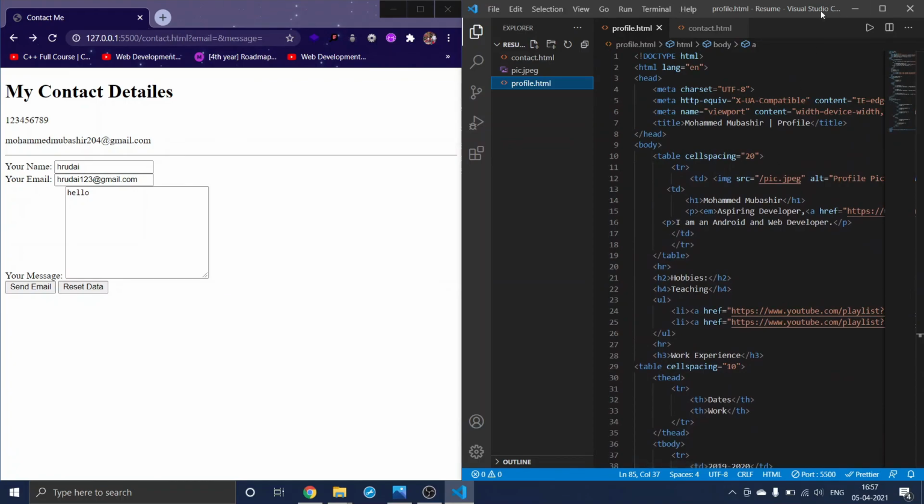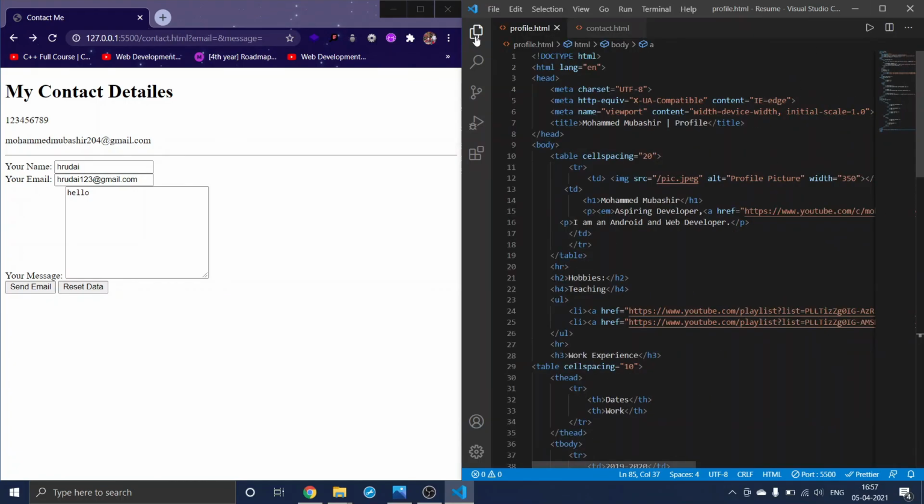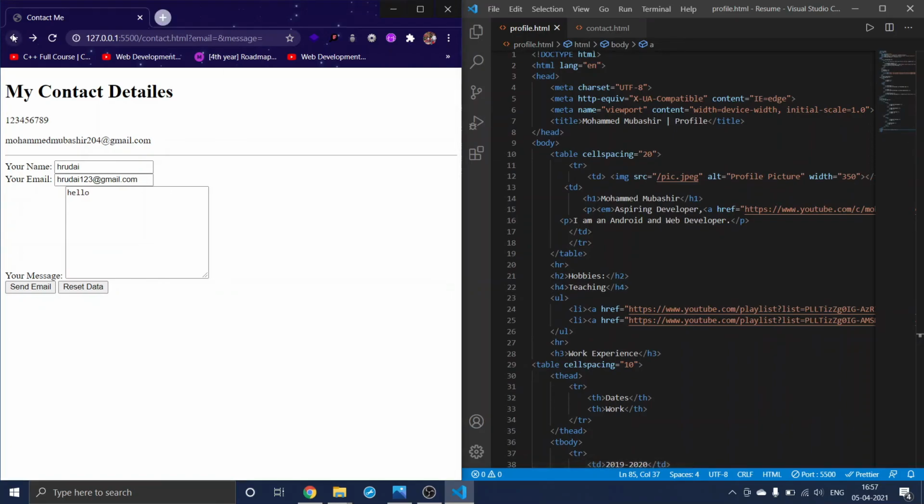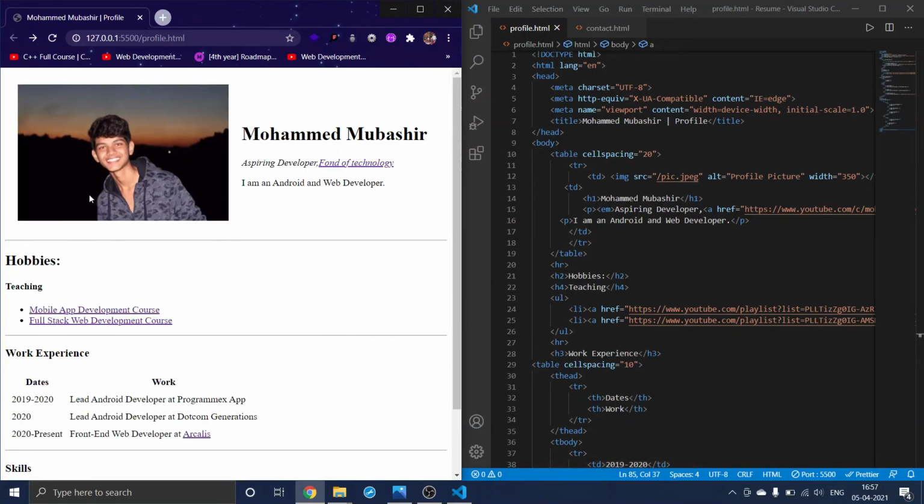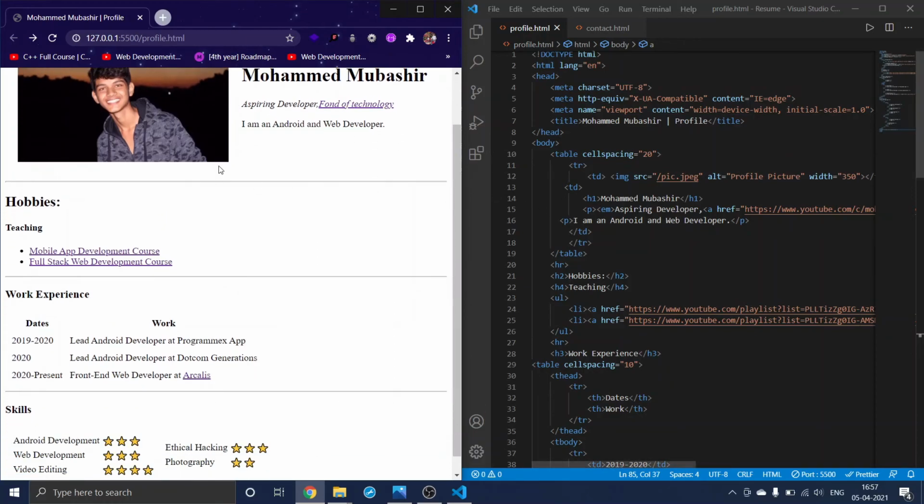So let me tell you what we did. First we gave the title here, and after that, so that a photo and some text should be beside it, we made a table with a cellspacing of 20, so that we got spacing here. In the first row we gave our image, and in another column we gave our name and something about us like a bio, and again we gave a line here.